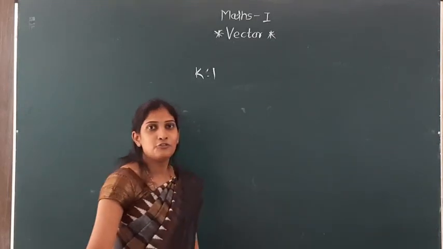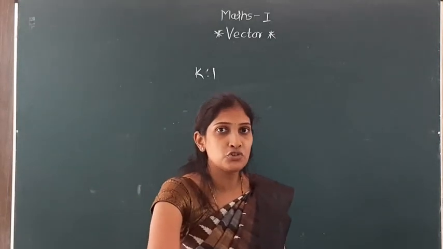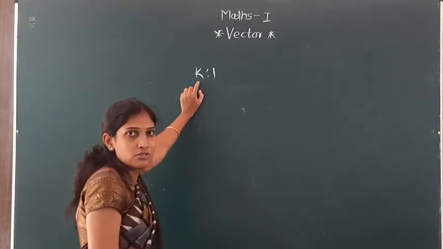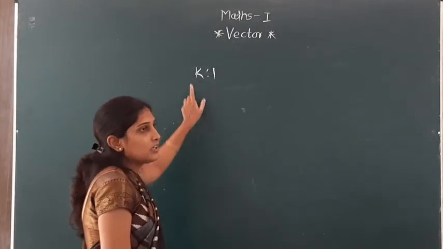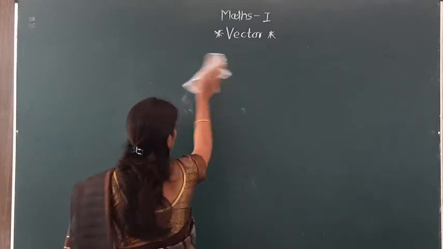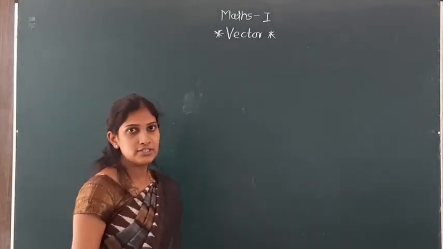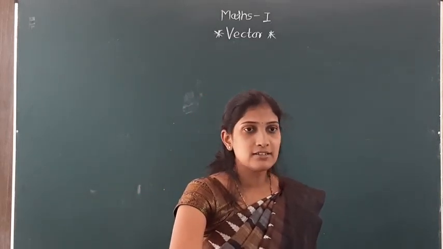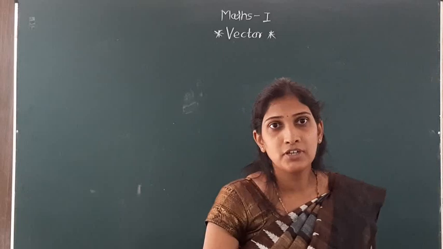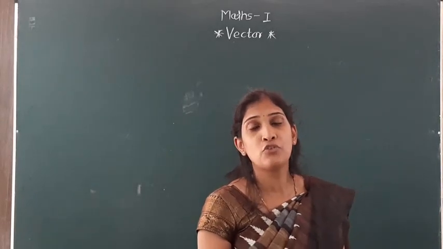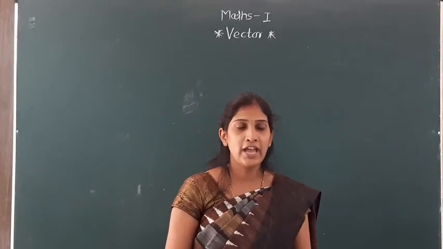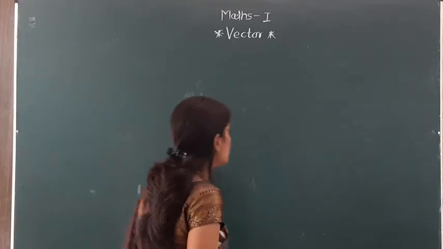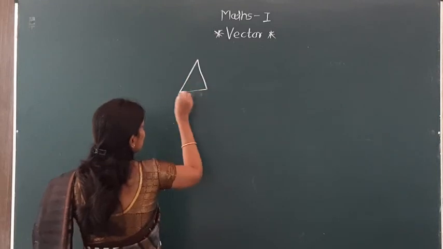For the find of ratio, we have to take k as 2:1 ratio. Now the second note is, if we are given the coordinates of the vertices of a triangle and we have to find its centroid, then suppose there is a triangle ABC,